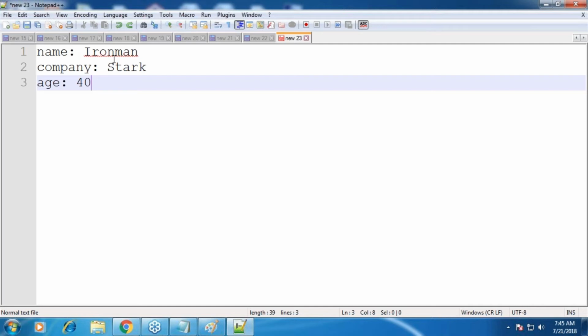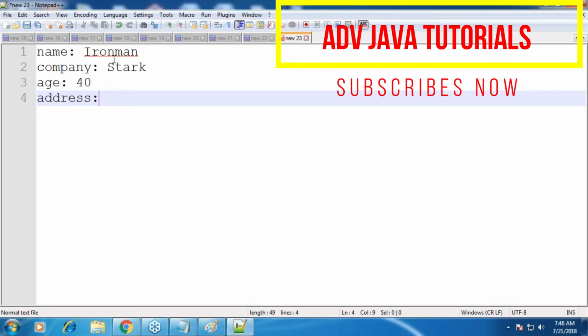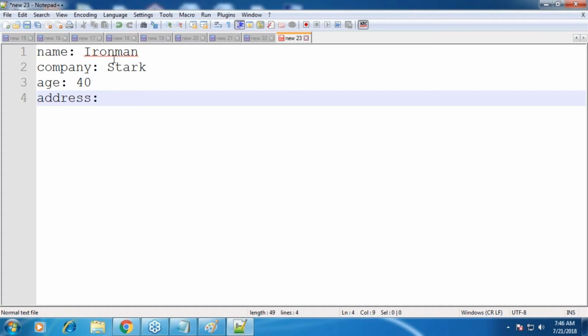Okay. Now let us assume that I want to write about the address of Iron Man. Assuming he stays in Maitrivanam. Now, whenever you are telling an address, you can tell all of the address in one line. But I don't want that representation. I'm interested in country, pin code, state, and many different attributes of address. So now I have a key called address, but the problem is the value is not a single thing that I can put over there. So I have many other keys within it.